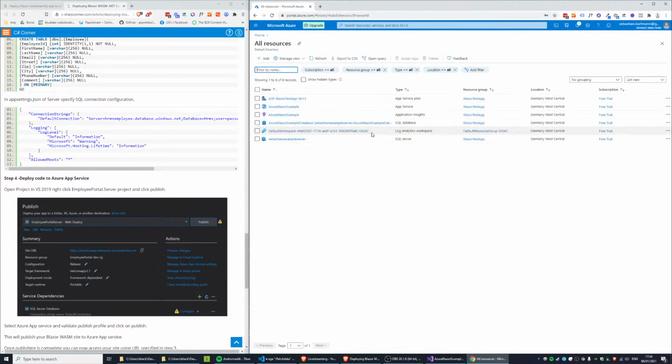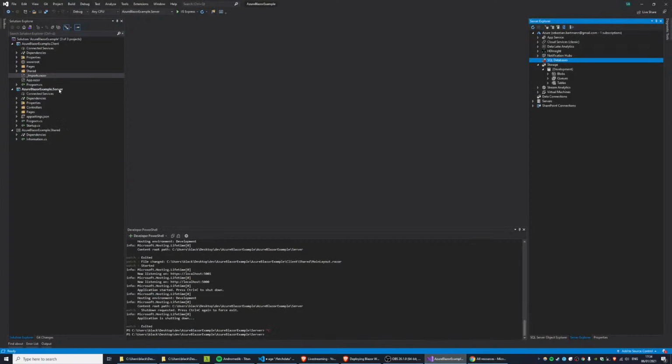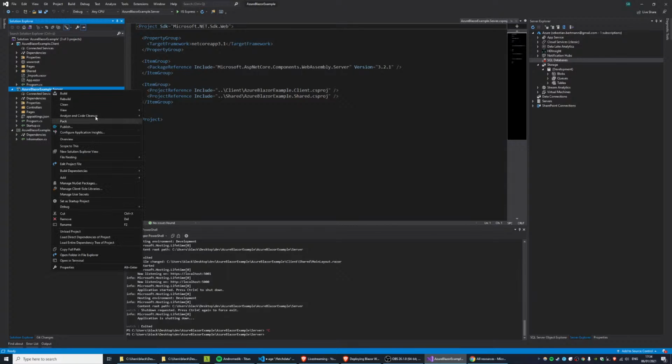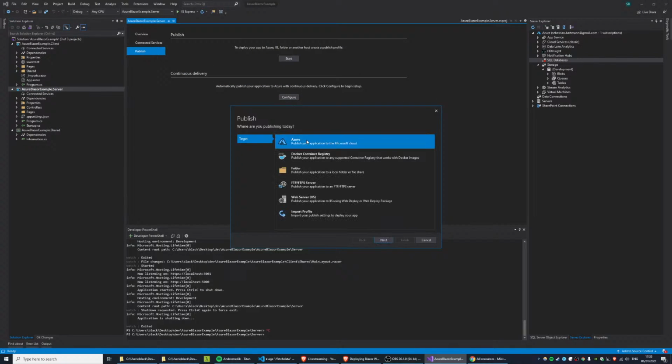On resources. Okay, if I right click publish, Azure